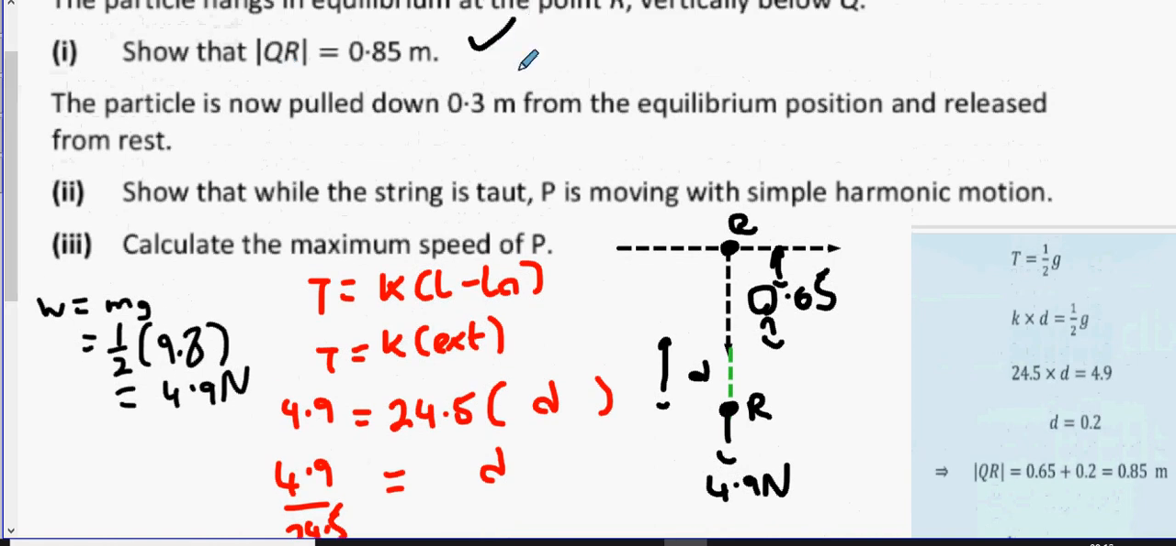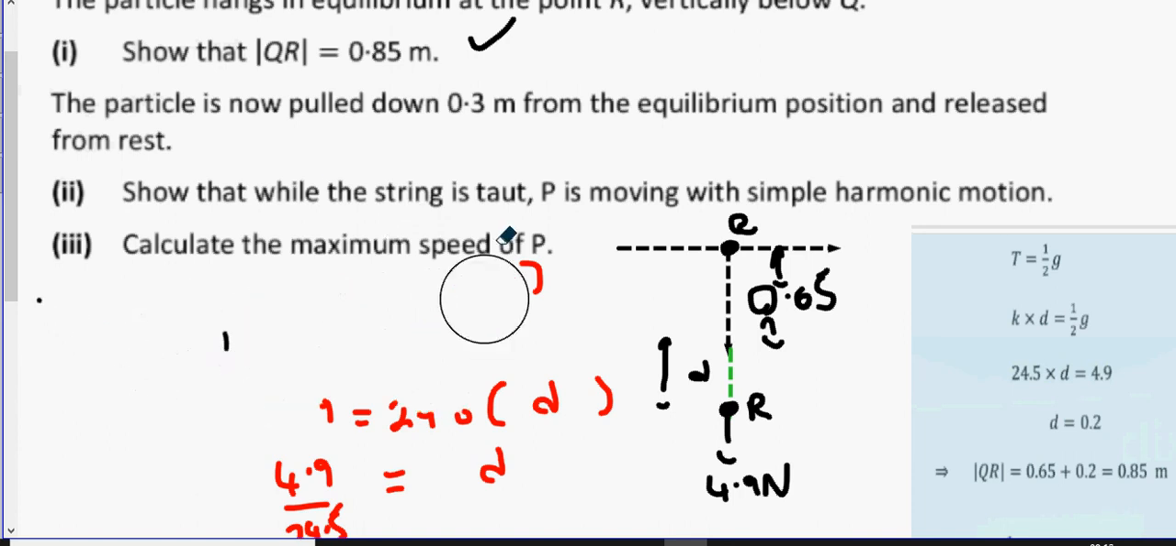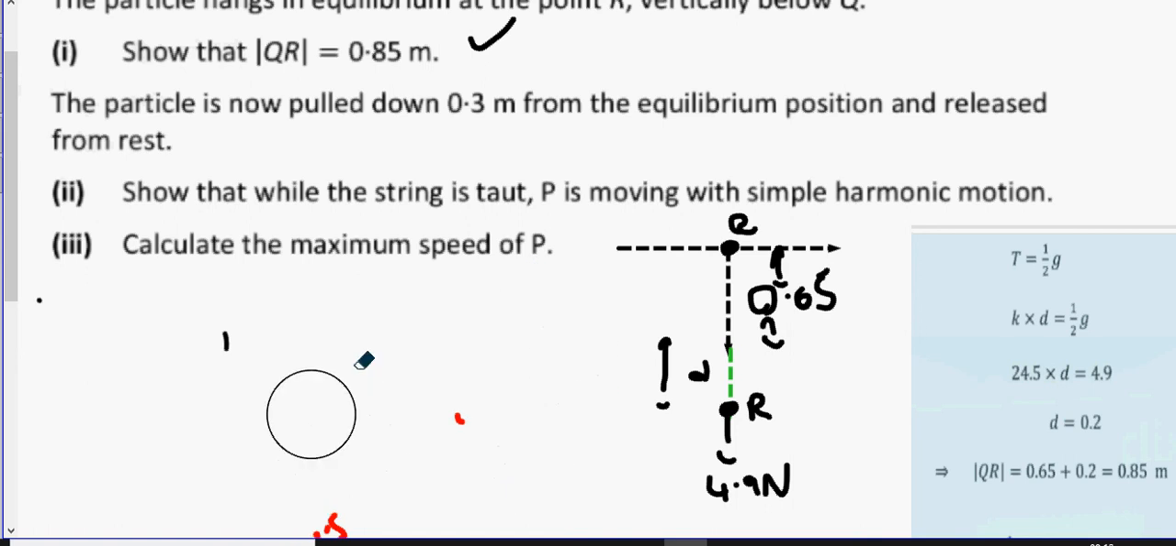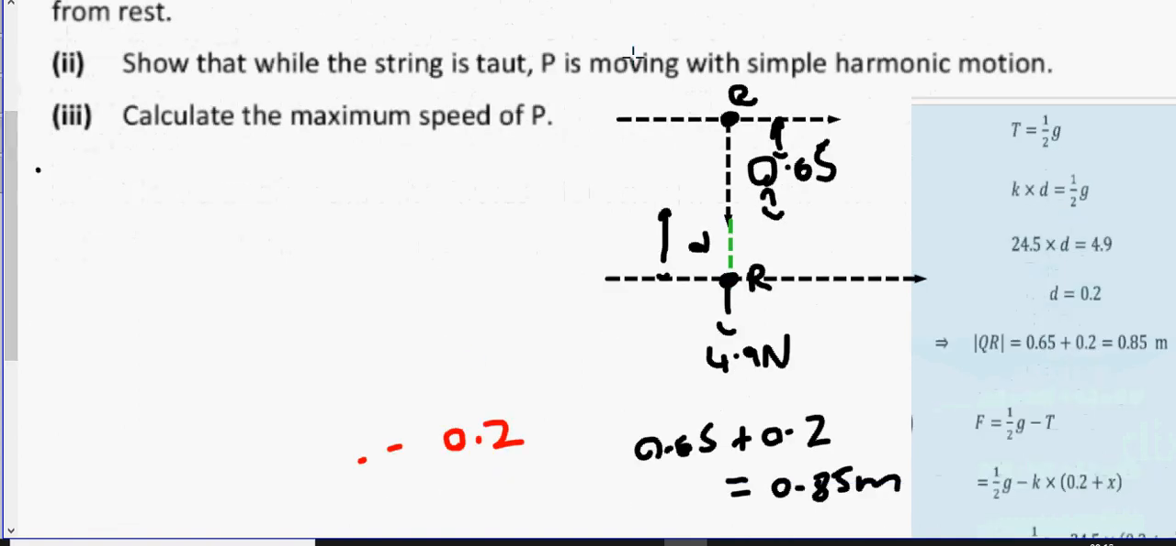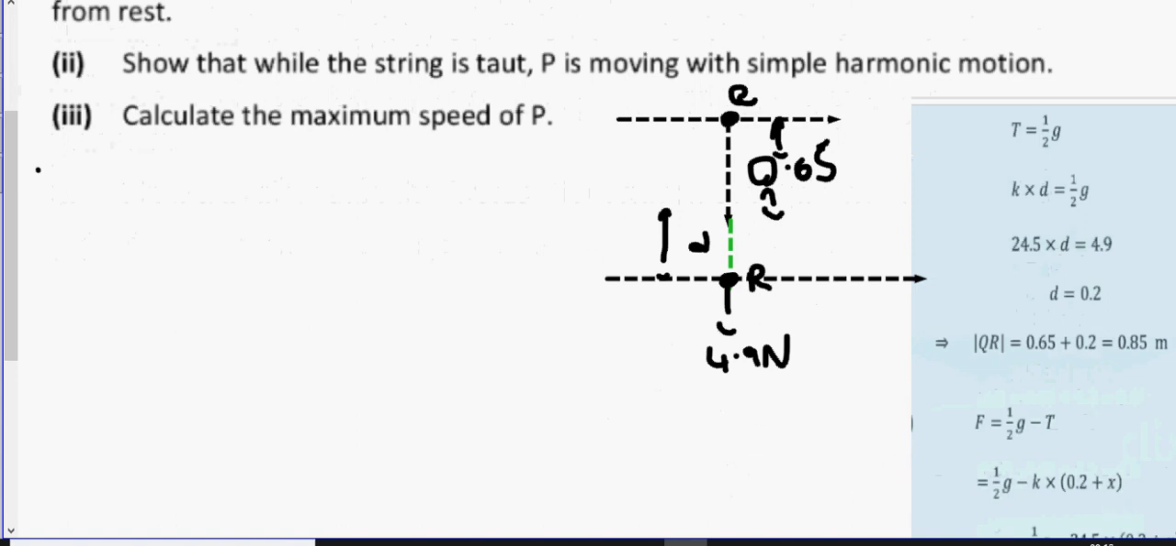Okay, part two. Once all this is gone. Part two, our position R is our equilibrium position. So I'm going to mark off the equilibrium position with a horizontal line, like so. And what we're going to do is extend our particle a bit further down. So we knew that D was 0.2. And now you're going to have a new